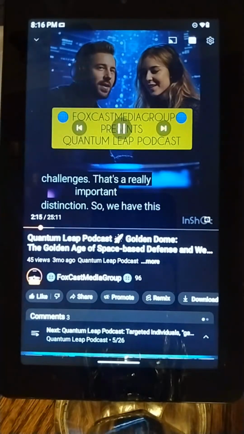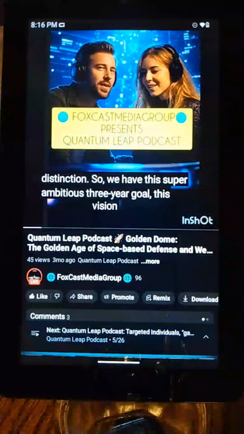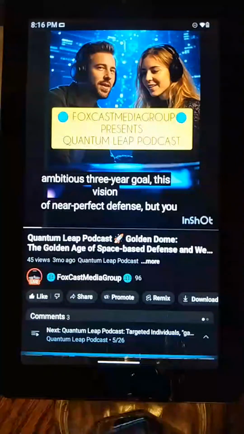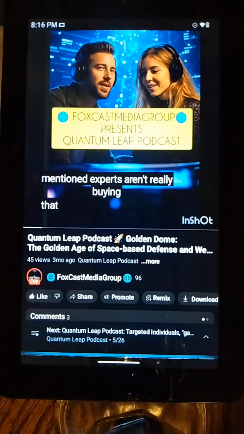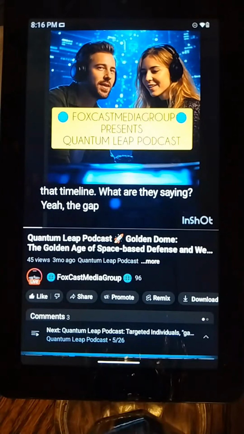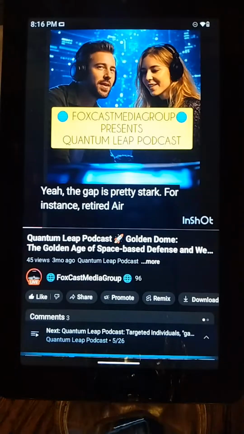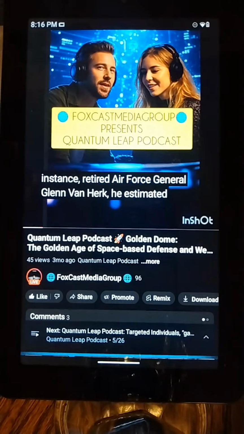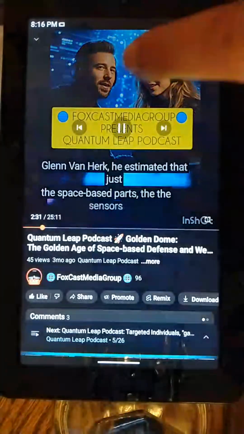So we have this super ambitious 3-year goal, this vision of near-total protection. Experts aren't really buying that timeline. What are they saying? Yeah, the gap is pretty stark. For instance, retired Air Force General Glenn VanHerck estimated that just the space-based parts, the sensors and intercept